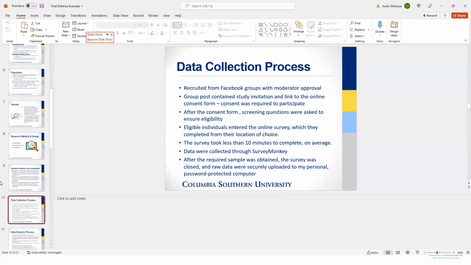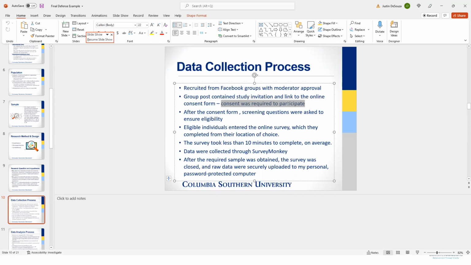Then we go into the data collection process. And this is a slide that during the proposal defense, it might take a few slides. One slide might not cover it, but you want to talk about permissions. I kind of went through this before, but you talk about permissions, and from step A to step Z, how can someone replicate your data collection? That's the type of details you will provide.